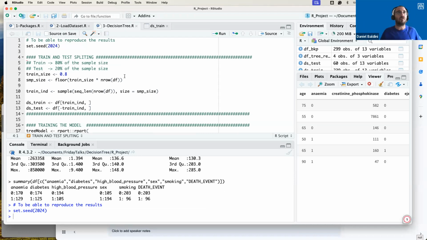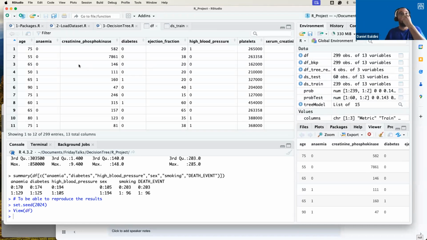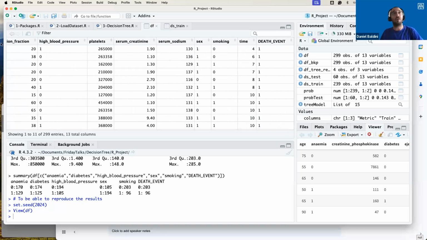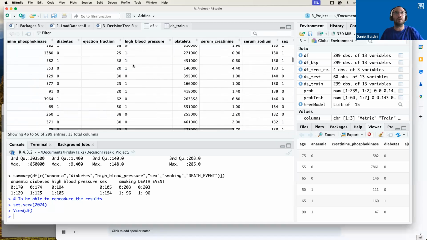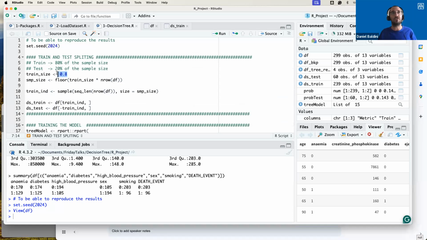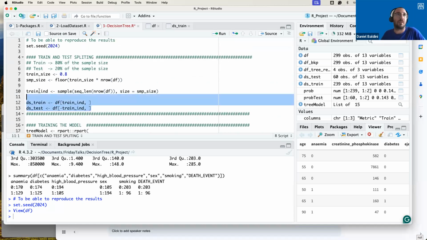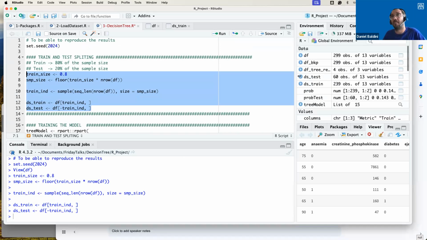The first thing, so our database is here. Let me show you. It's this DF. So here is our database, all the features, the target variable, all observations, and everything. The first thing that we are going to do is to split in train and test, 80% for training and 20% for testing. You just need to execute from line 7 to line 13, and you have the train data set,